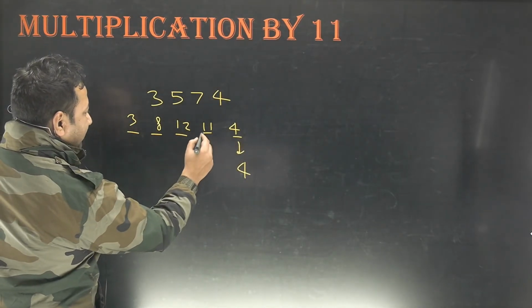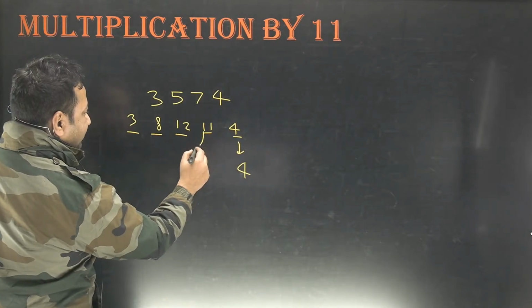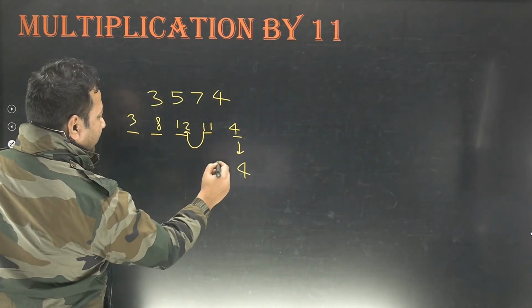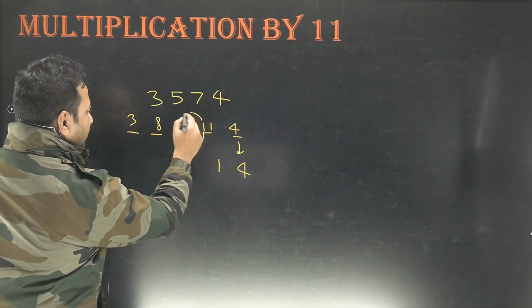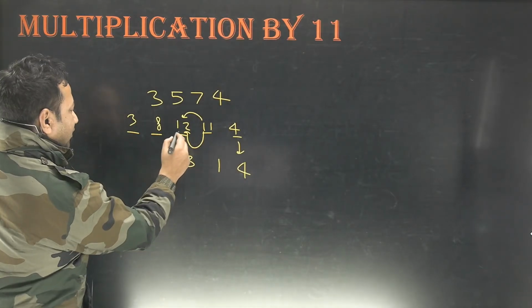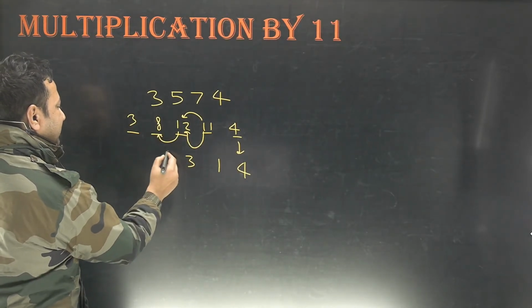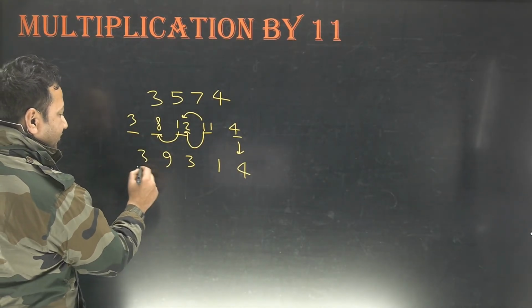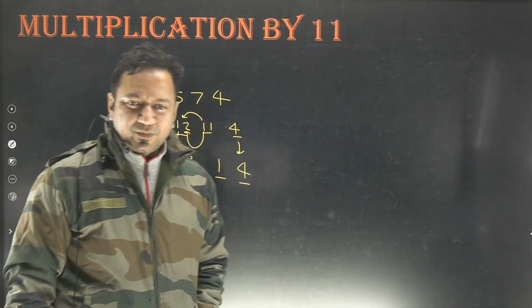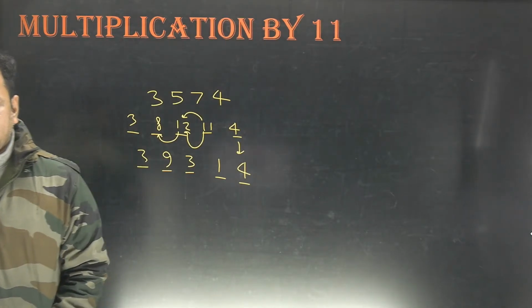In this 11, the leftmost digit would transfer on to the next. So only 1 remains, and this 1 goes over here, carry forward. 1 plus 12 becomes 13. 3 remains. 1 is again carried forward. 1 plus 8 is 9, and then this 3 is left out alone. 39314 would be the answer. Is this clear? Is this part clear?